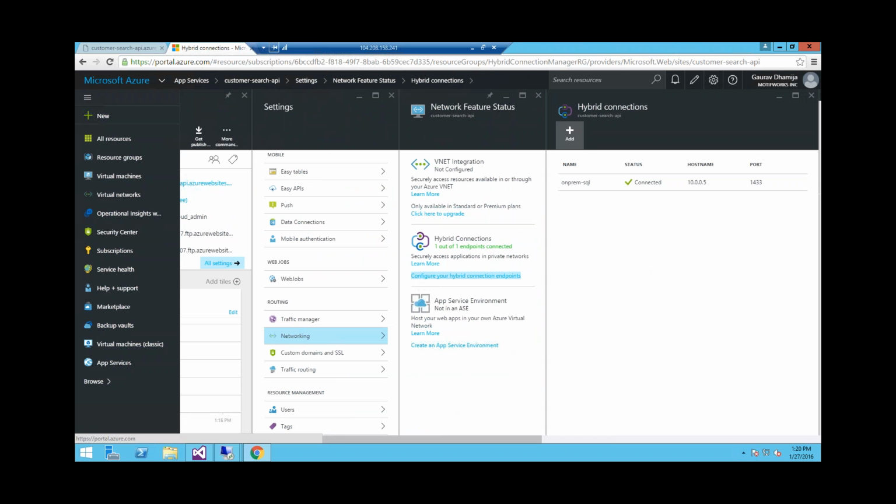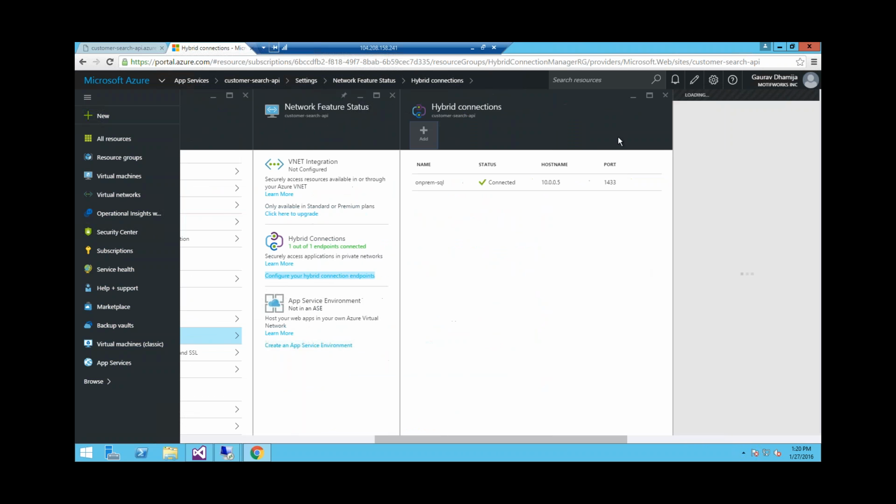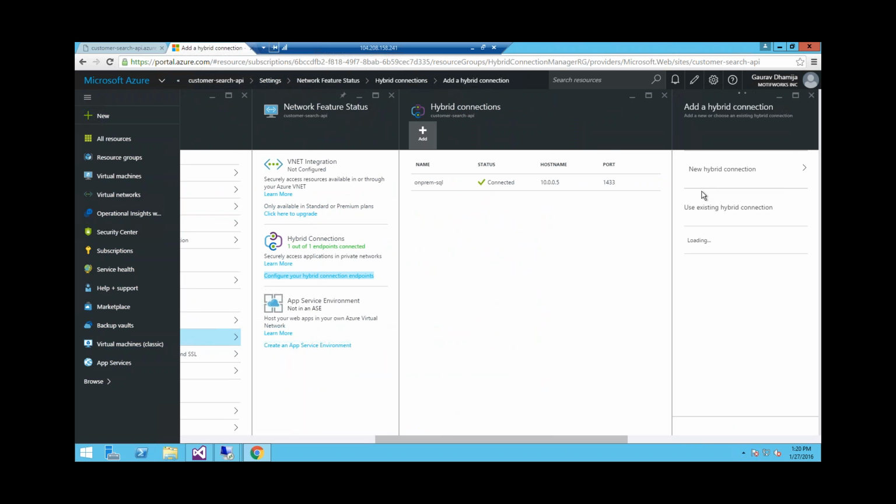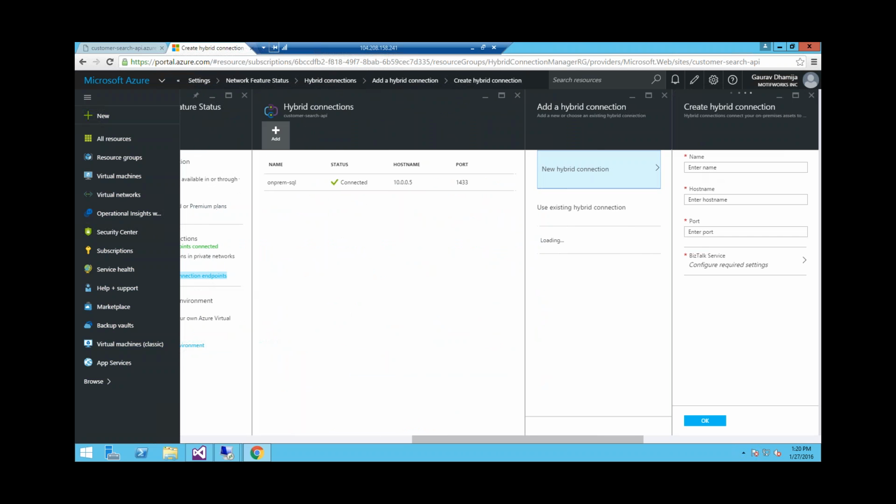So you go over here and click Add Hybrid Connection and say New Hybrid Connection. Here you need to add a unique name to the hybrid connection. So it could be on-premise SQL Server. And then here you need to put in the IP address. And you see here I'm putting in the internal IP address of the database server